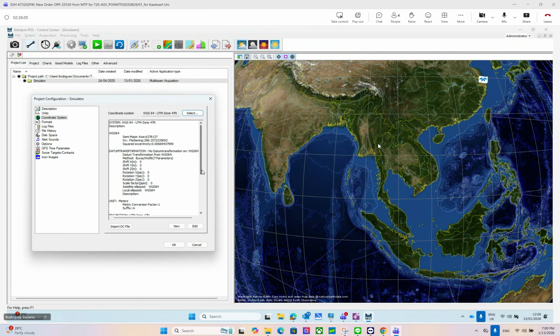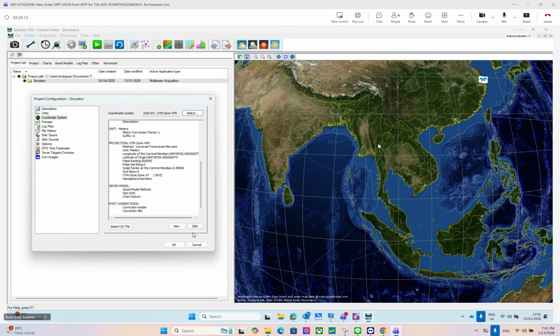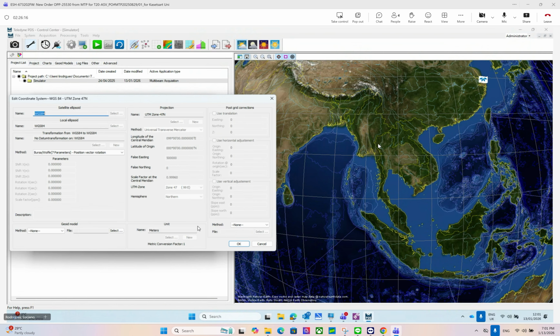And that's because you're on the ellipsoid and you're not on mean sea level. To get the mean sea level, if you press the edit, you can see here, you have to add what's called the geoid model. Now, we don't supply geoid models, we have some basic ones. You could probably get some free ones on the web somewhere, but they tend to be not that great. The best ones you'd get would be from the local